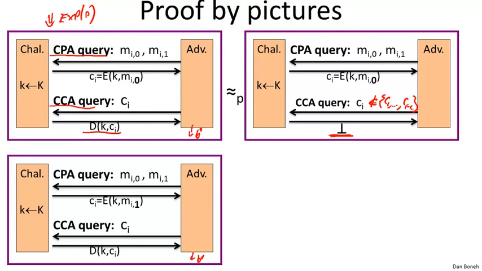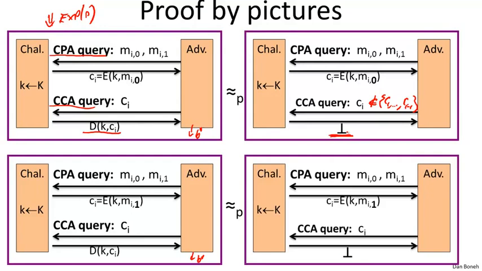Again, because of ciphertext integrity, it must be the case that every chosen ciphertext query that the adversary issues results in bottom. If the adversary could in fact distinguish between the left game and the right game, that would mean that at some point he issued a query that decrypted to something other than bottom, and we could use that to break ciphertext integrity of the scheme. Since the scheme has ciphertext integrity, these left and right games are indistinguishable. So that's a cute argument that shows it's very easy to respond to chosen ciphertext queries when you have ciphertext integrity. The same thing applies on the bottom, where we can simply replace the chosen ciphertext responses by always saying bottom.